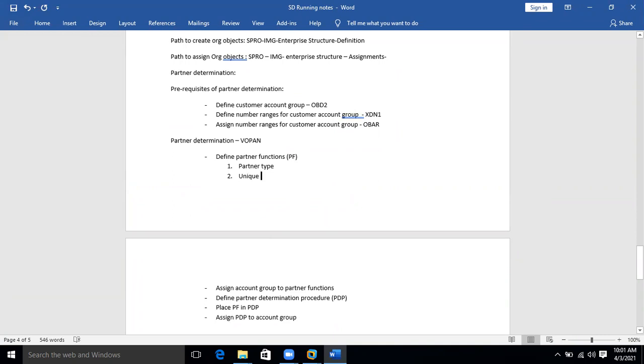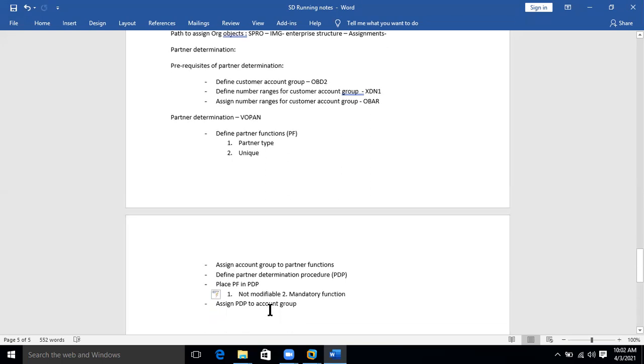That makes a partner entry only once in customer master number. And when you place partner functions in PDP, you have two more options. That is not modifiable, and second option is mandatory function. So you know the uses now.